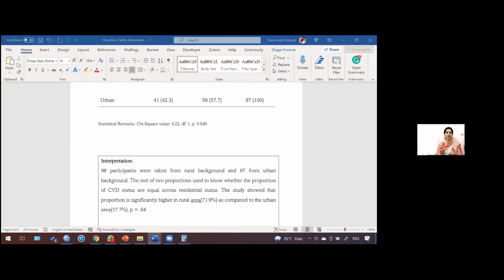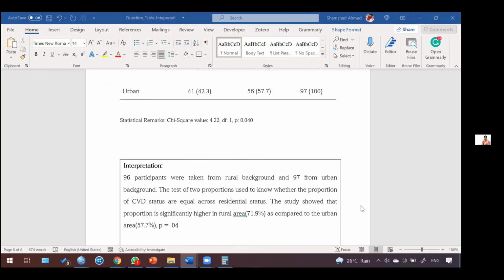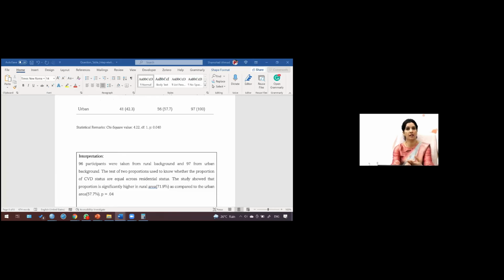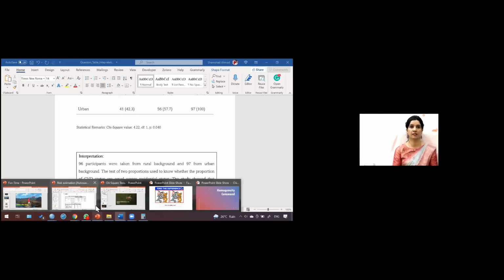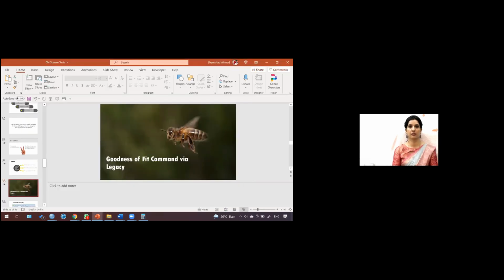So we are only telling in this session, we have told you chi-square test of association or independence, chi-square test of goodness of fit, and third is a chi-square test of homogeneity or a two proportion test. So if you go back to the presentation and see it, so that was the...